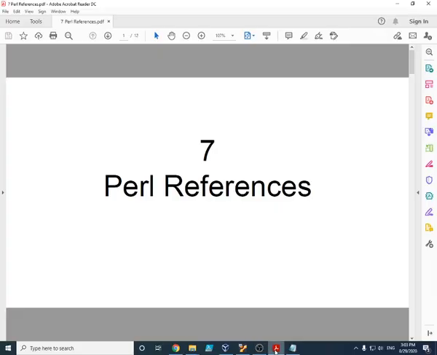Hello, and we're back, and we'll talk about Perl references. This is in preparation for talking about Perl classes, which is in preparation for finishing up Perl and moving on to Python. Okay, so to get started,